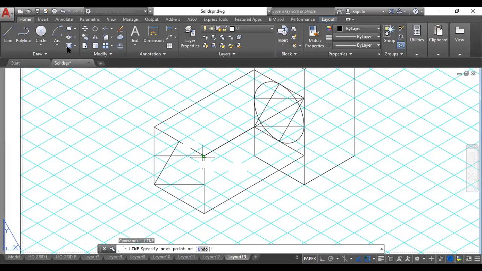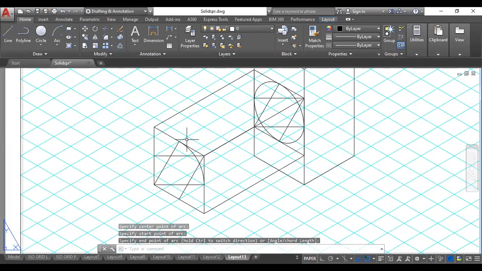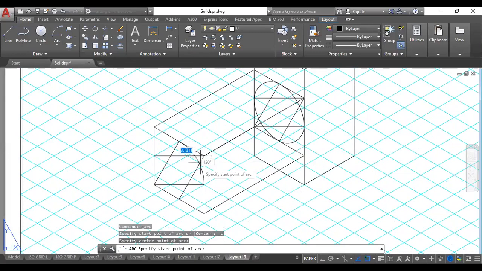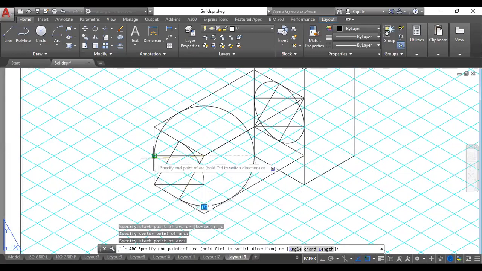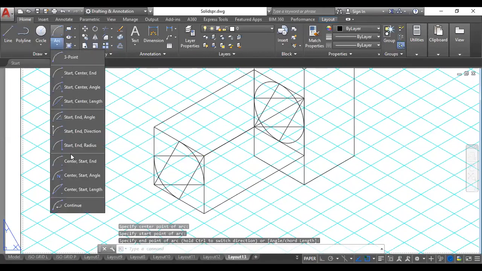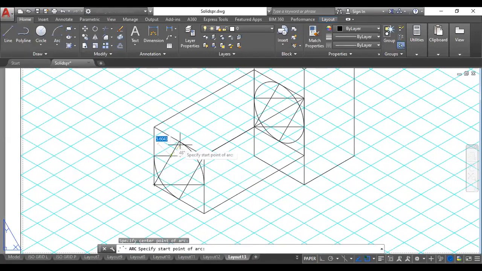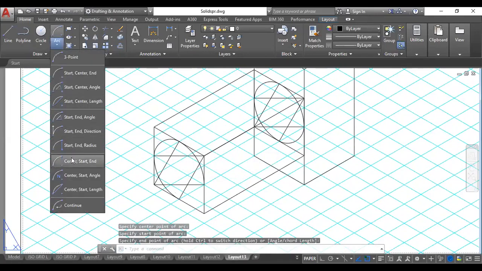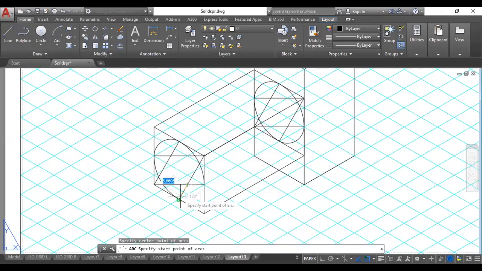Okay, then I can draw the arcs. Right, so I got the front ellipse also.